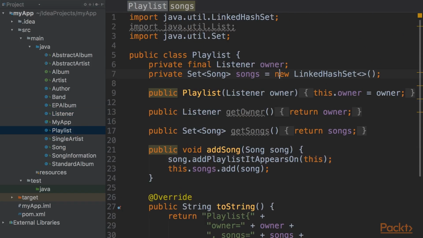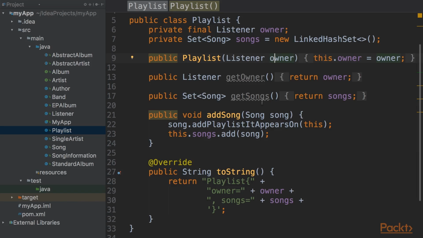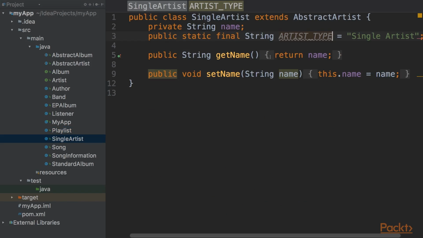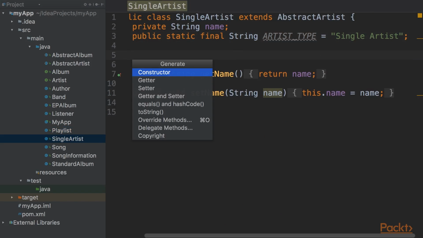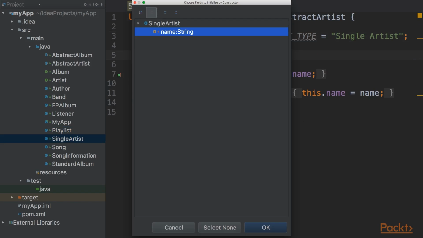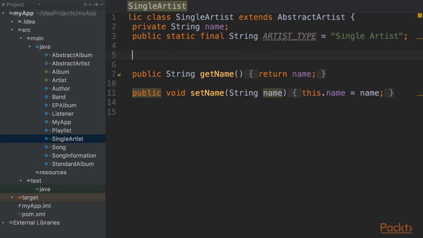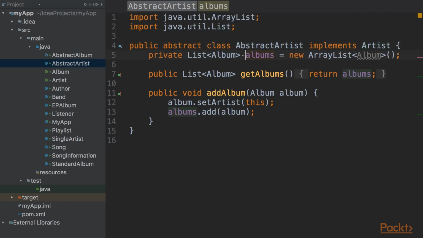Moving on to playlist, it will always have an owner, and it asks for the owner in the constructor. This class looks good. Single artist, as this is similar to band, it should be written in the same way. Even better, we should move the name from both band and single artist to the abstract artist class and reduce